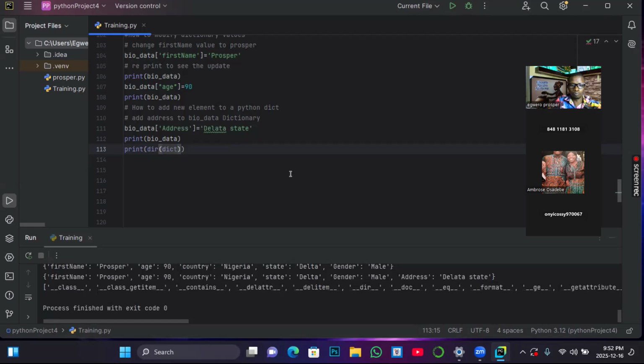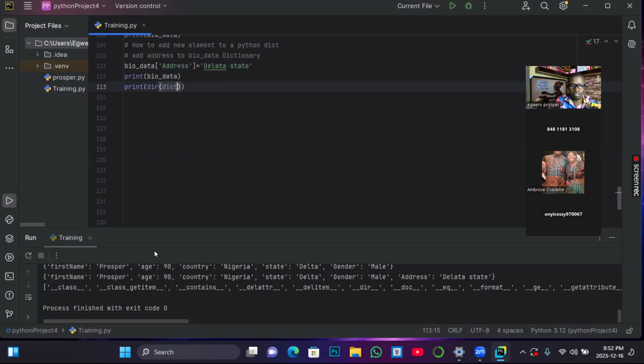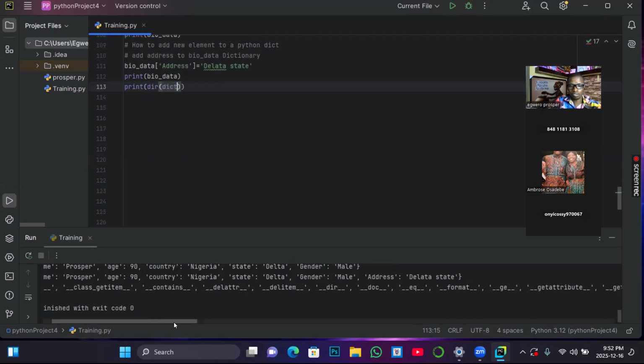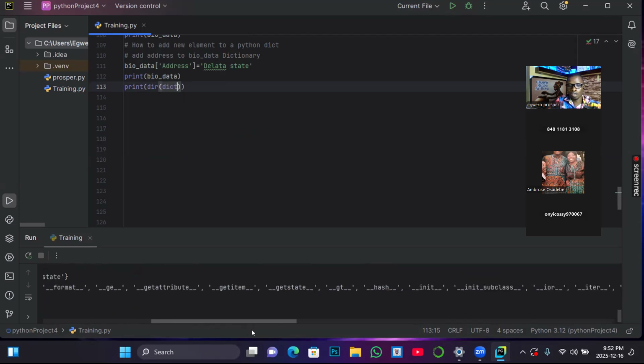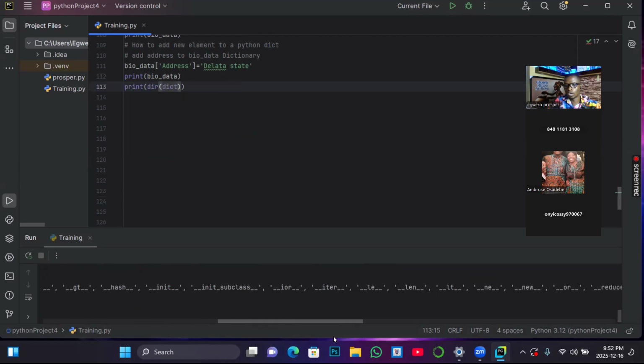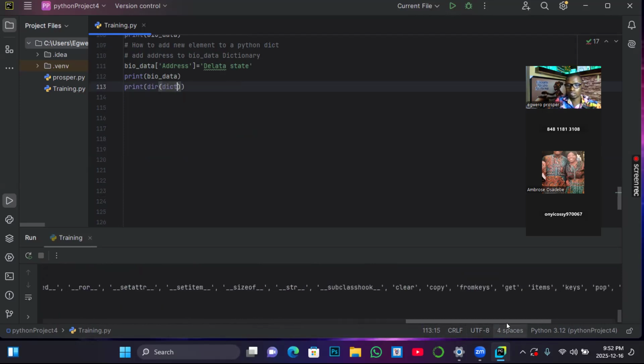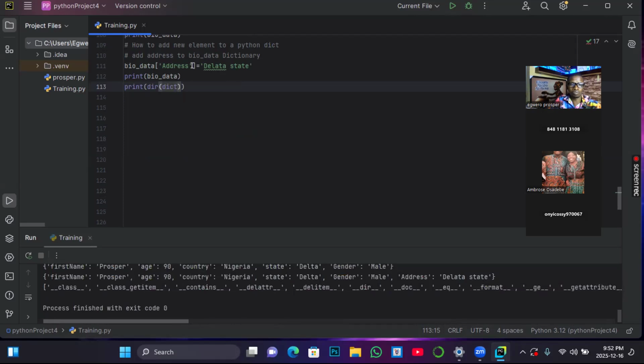That will output other functions. If I scroll here, you can see other functions that you can use to manipulate. So at your own convenient time, for those of us that really want to go advanced with it, you can play around with them. So let's quickly look at how to merge